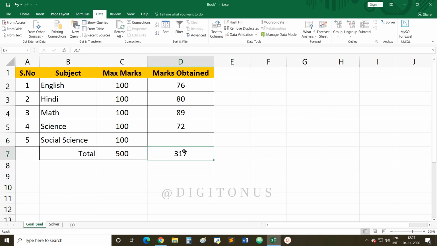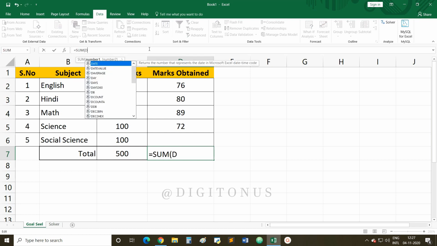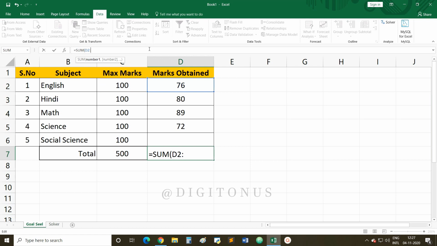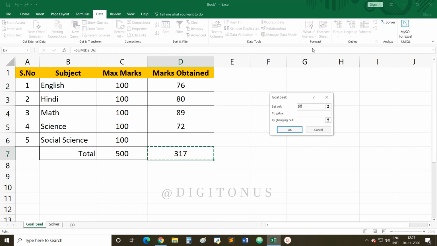So let me give you another example. I am using the formula again, sum D2 colon D6, 317. Now again What-If Analysis, then GoalSeek I have selected. Set cell is D7, to value suppose 405.